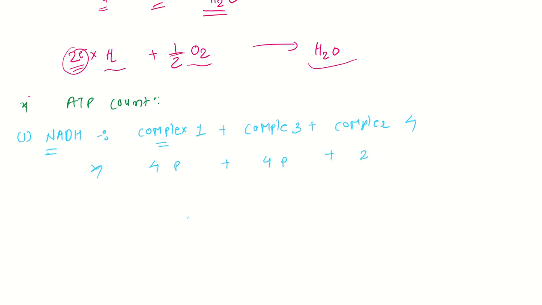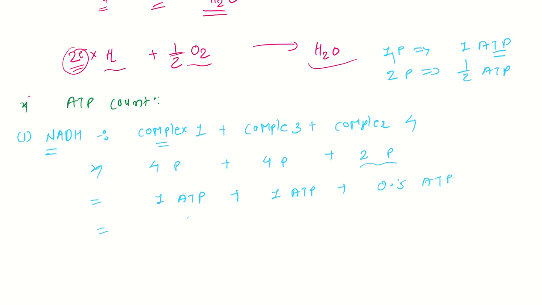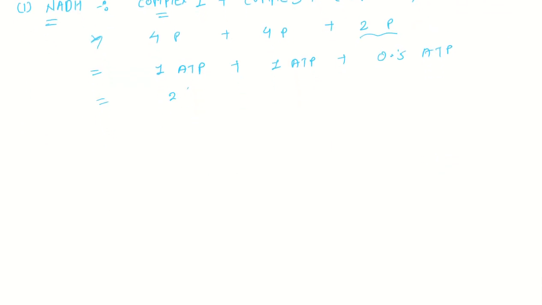And complex 4, 2 protons. 4 protons is equal to 1 ATP, and 2 protons is equal to half ATP. So 4 protons means 1 ATP, 4 protons means 1 ATP, 2 protons means 0.5 ATP. Basic mathematics: 1 plus 1 plus 0.5 means 2.5 ATP produced